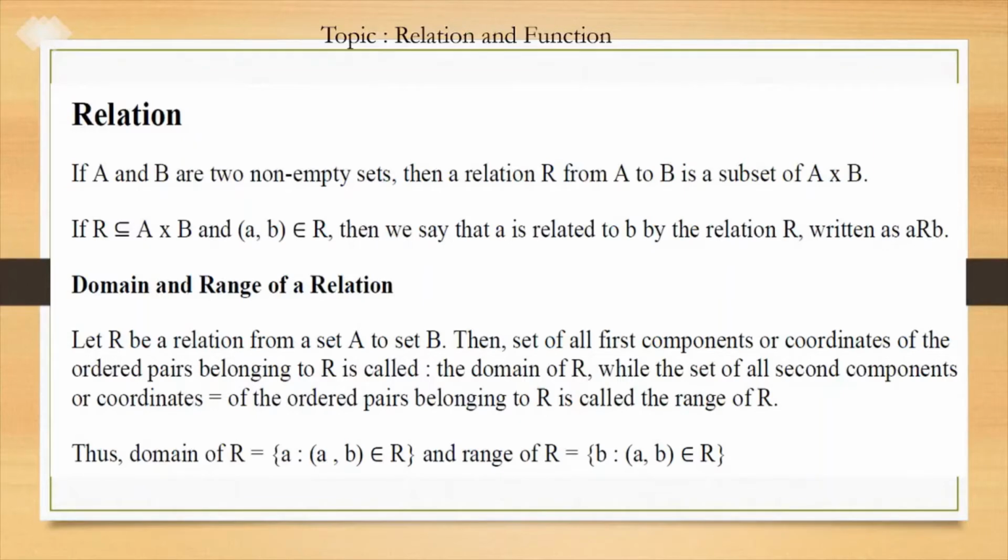So we have a relation. Suppose A and B are two non-empty sets. A relation from A to B is a subset of A cross B. Domain and range of a relation: we collect first coordinates from the relation R, form a set. It is called the domain of R. Range of R: we collect second coordinates from the relation R, form a set, which is called the range of R. So from the definition we can say that domain of R is a subset of A and range of R is a subset of B.